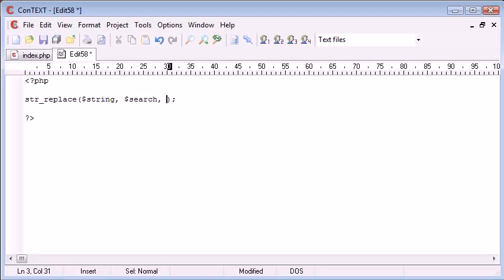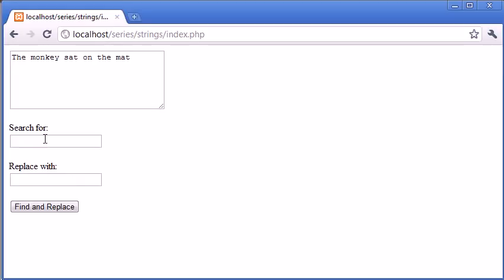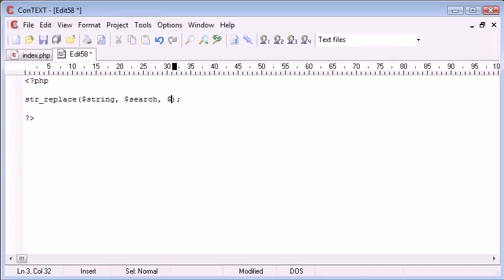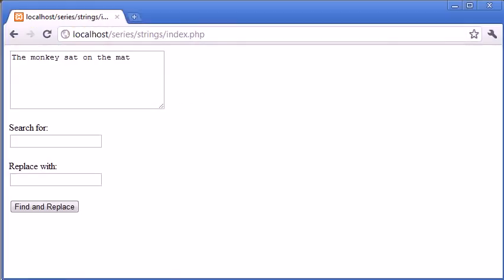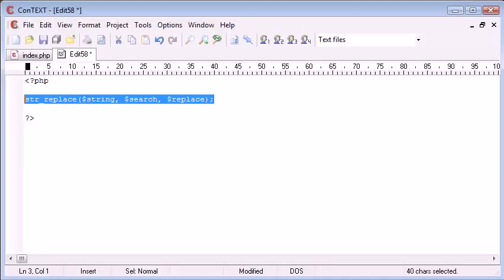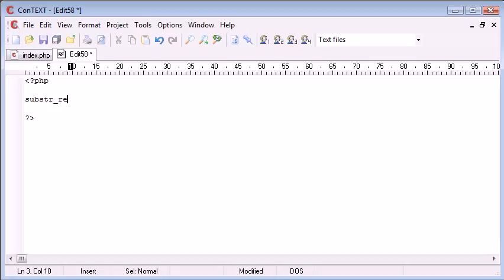And in this case it would correspond to this here. Then we would specify what we want to replace it with, and that would correspond to this box here. However, this tutorial is dealing with the substring replace function,